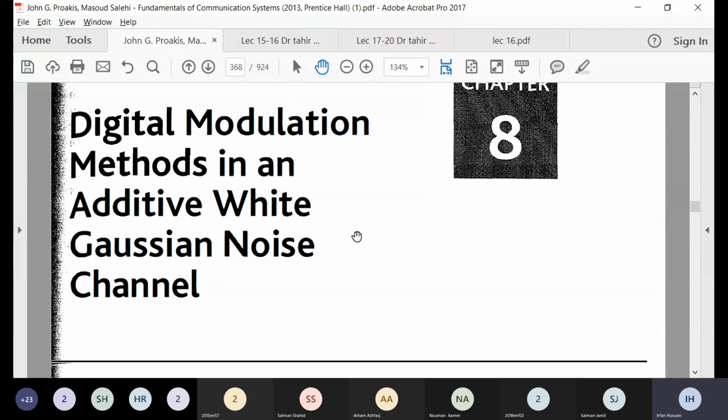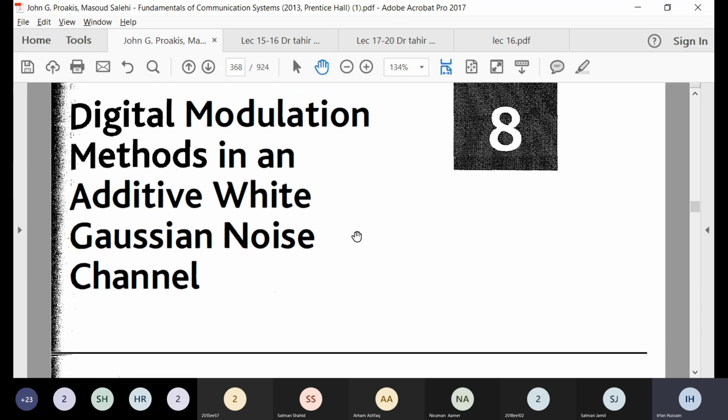Alright, chapter 8 is a very important chapter. It's a long chapter. It will take multiple weeks, and you could see in the past papers that more than 20 marks questions are set from this chapter. So this is also very important, especially nowadays when we have digital communication,